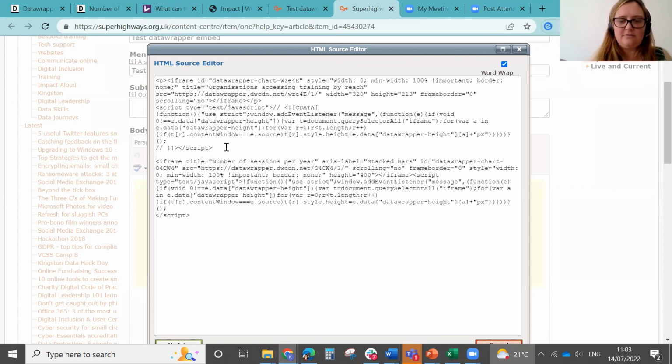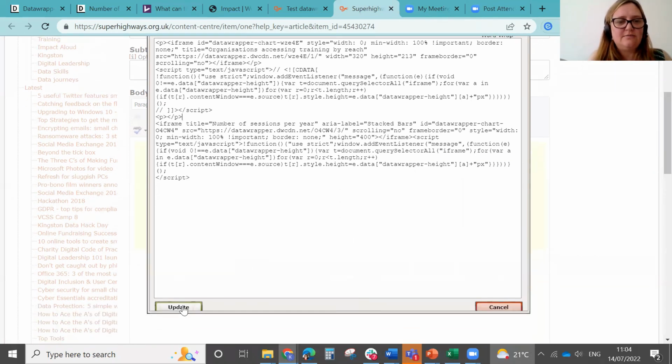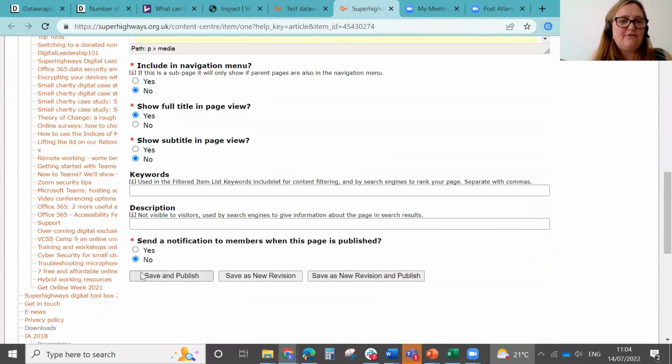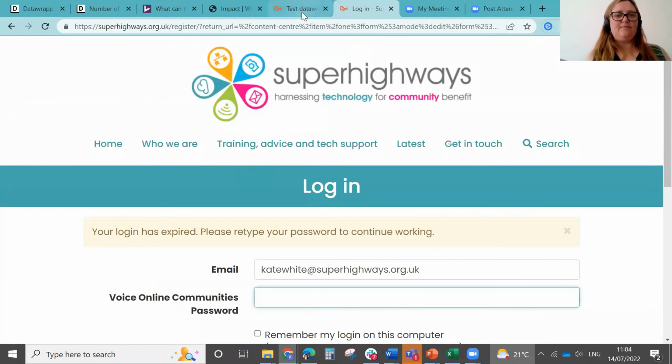I might just put in a paragraph break. Okay, so I've embedded the code, and I just need to update that. So I can just see there's another block essentially here. If I save and publish this page,